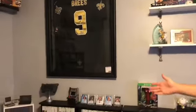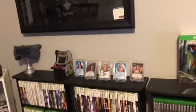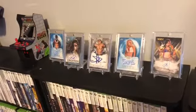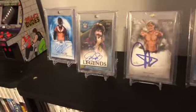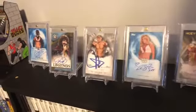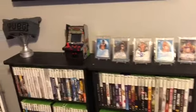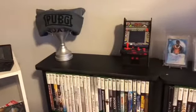Below that, I do have some autographs here from wrestlers. Some I pulled out of boxes here with Asuka, Trish Stratus, John Cena, Mick Foley, and Finn Balor. I don't collect a ton of them, but if I get a good one, I'll hold on to it. On the left of that, I have my trophy for being a great dad, and my PUBG